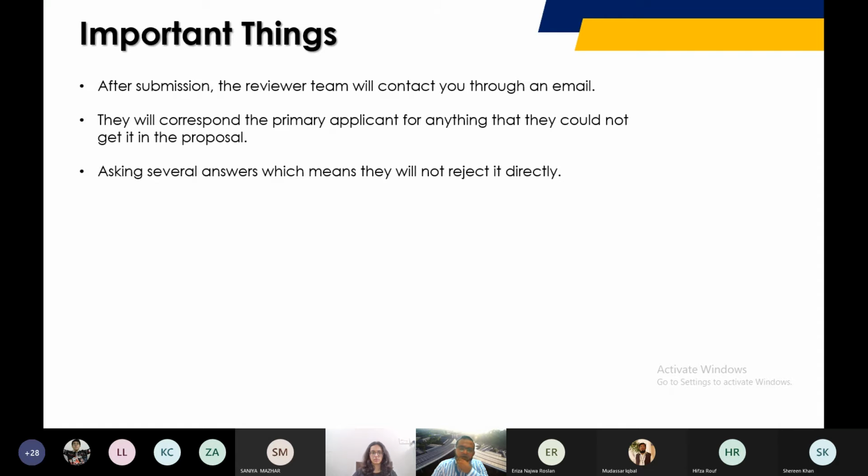Important things: after submission, the reviewer team will contact you. Again, I must say that it's not a Boolean way where they simply accept or reject. No, it's not like that. They will ask you again and again about their queries, about the things that they have not understood from your proposal. And if you address those queries properly, since sometimes a person cannot state all the things in the proposal,